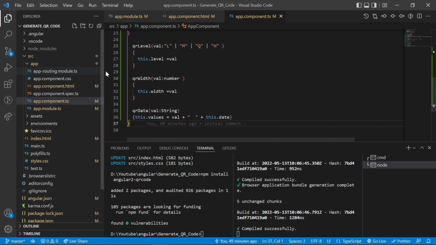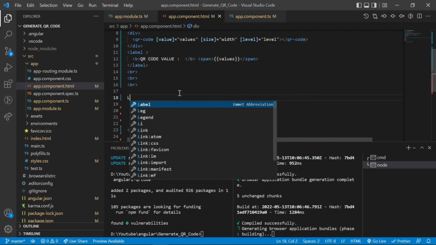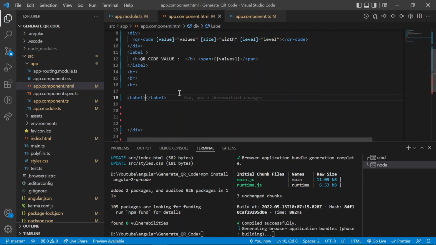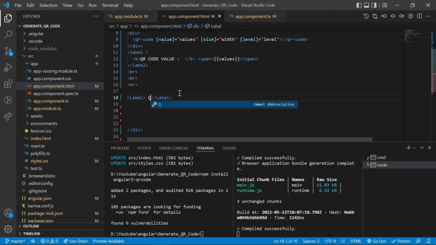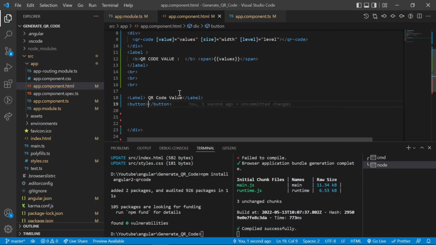Now let's call these three methods to make the dynamic type of the QR code. So inside the HTML file, for the value change, let's define that label, and I add some button. What happens when the button is clicked, that time the value will be changed.